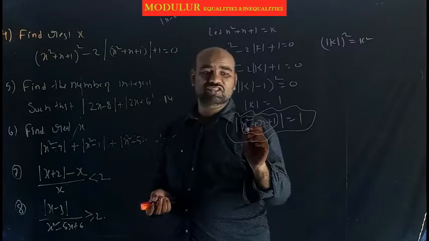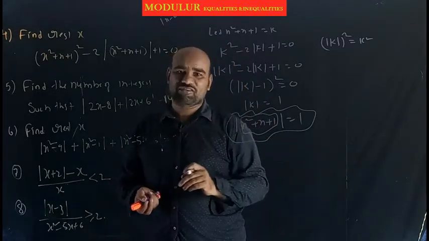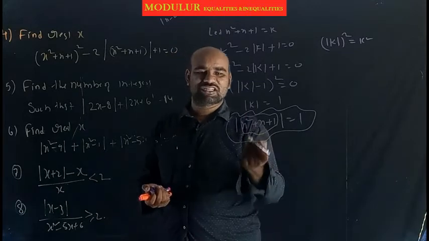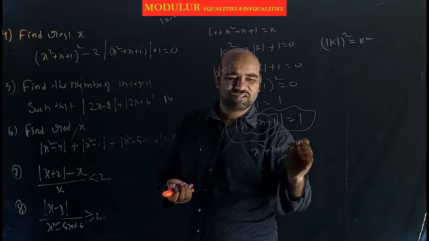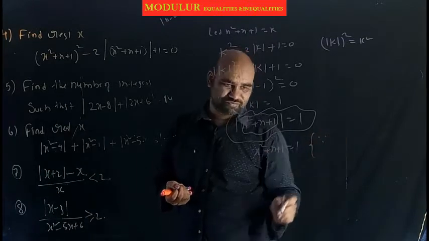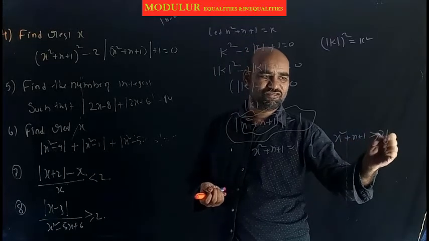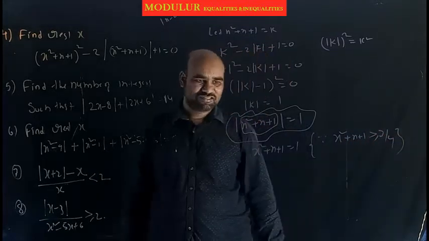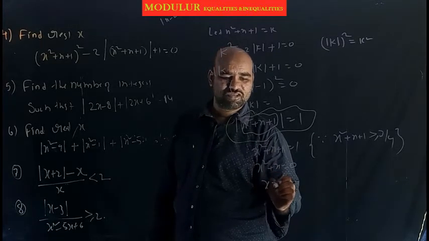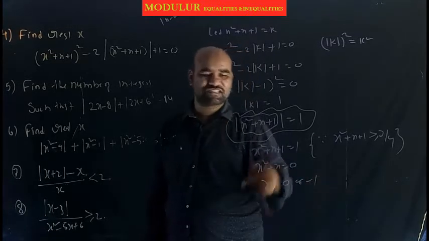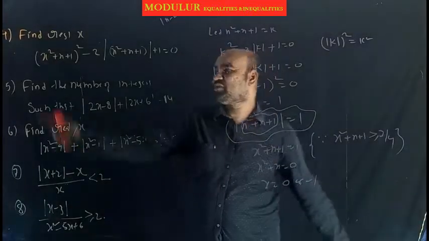But already you know that x square plus x plus 1 is a special type of expression. Its minimum value is 3 by 4, always positive. Just mod k only here. Directly we can say that x square plus x plus 1 equal to 1, since x square plus x plus 1 is greater than or equal to 3 by 4, as already discussed. Just we need to find x, no? Here x square plus x equal to 0. Take x common, x of x plus 1 equal to 0. So x equal to 0 or minus 1, and you can verify your answer. That is not a big problem.